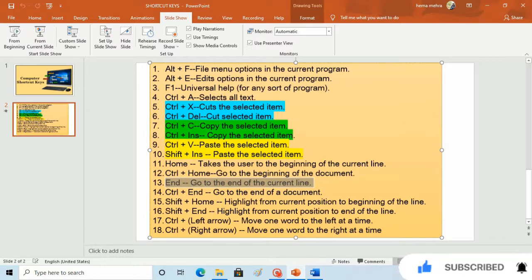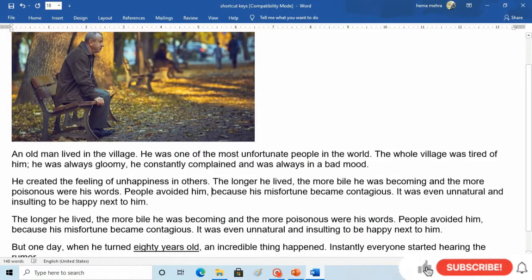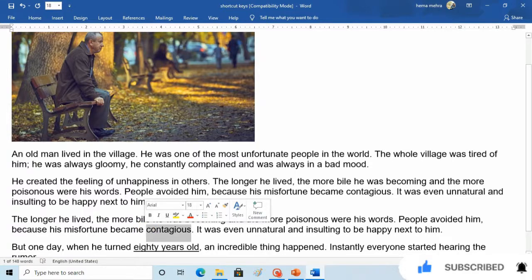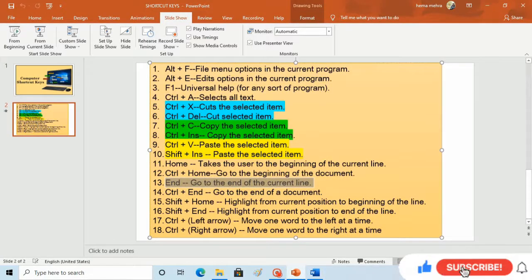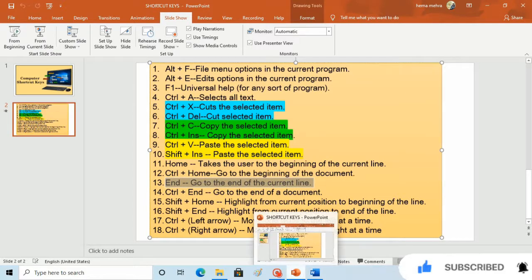End means if you are working in any article or any text document, wherever your cursor is, like your cursor is in the second row or in the second last row, that doesn't matter. If you press the End button on your keyboard, you will directly go to the end of the current line.